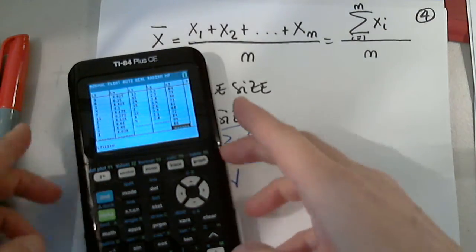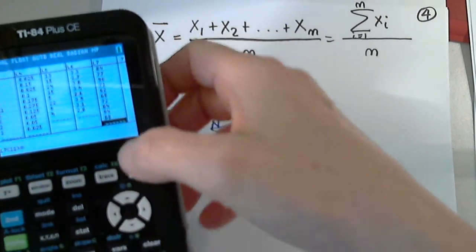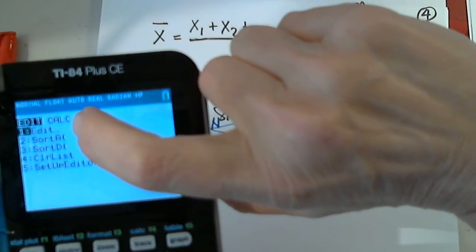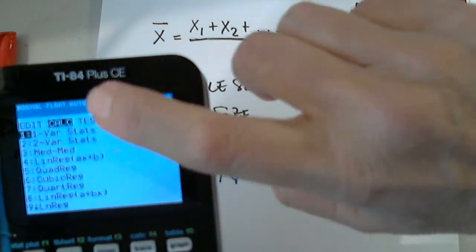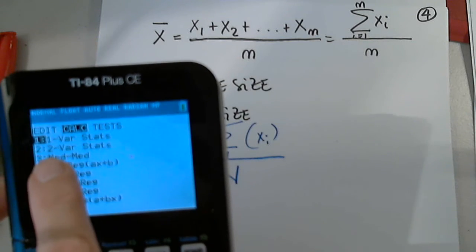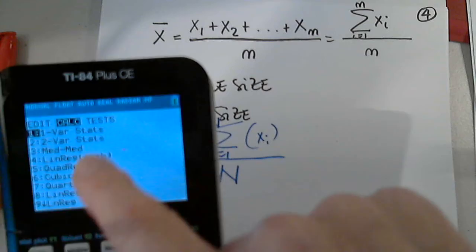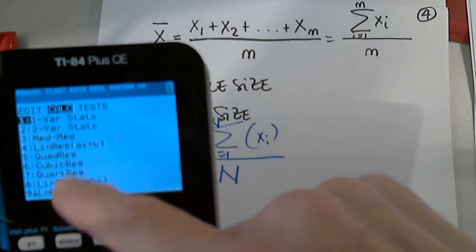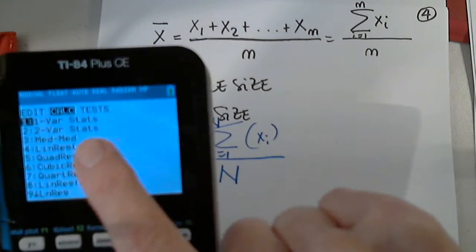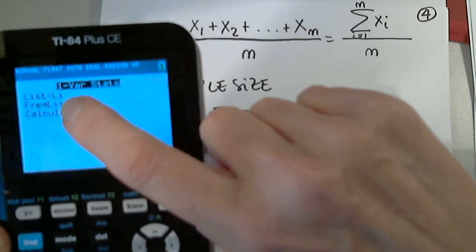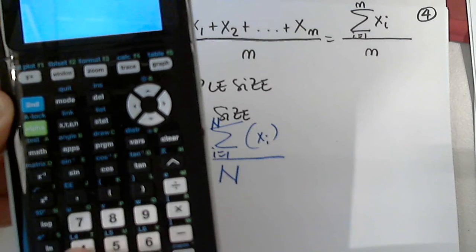Okay, so I got the data in my list L7, and I go to Stat, and this time I want to go to Calculations. And I will choose the very first one, one variable stats. We will use many of the other options, but right now we only want one variable stats. But remember, my list is in L7. So with the second key and 7,